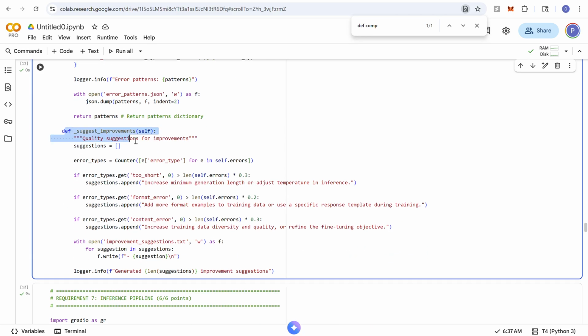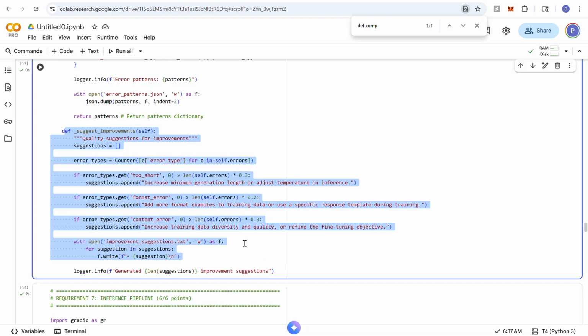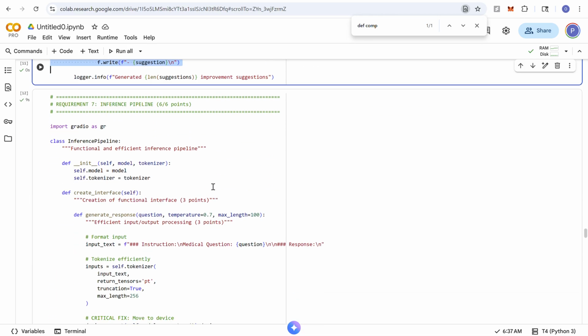And for the suggested improvements based on the error analysis, I recommended increasing the minimum generation length to 50 tokens, adding medical terminology reinforcement in training, implementing structural templates for responses, and using beam search with N equals 3 for better quality. Moving to section 7, that is the inference pipeline,